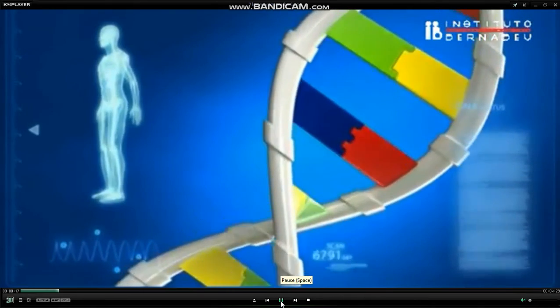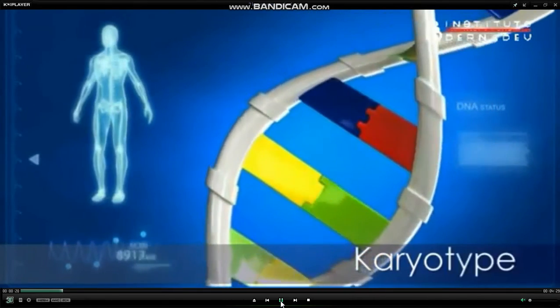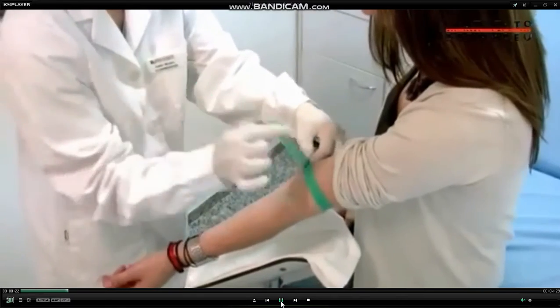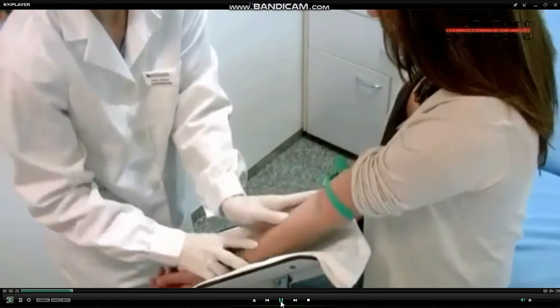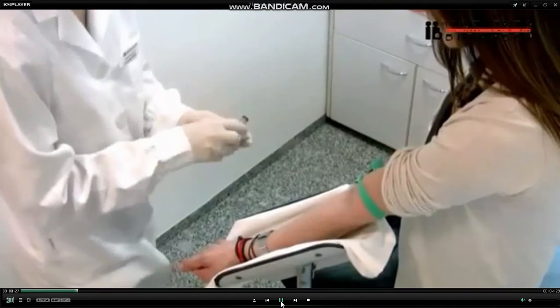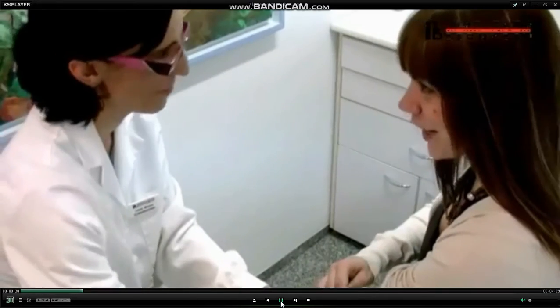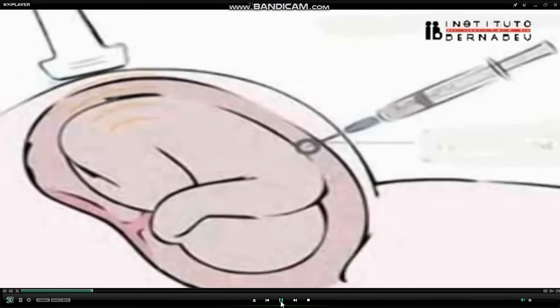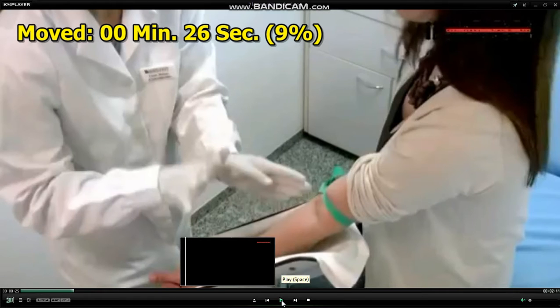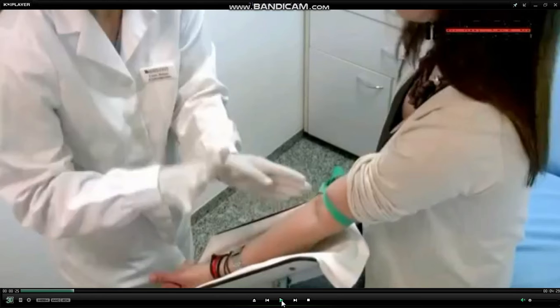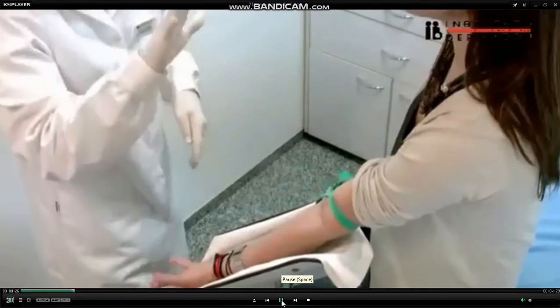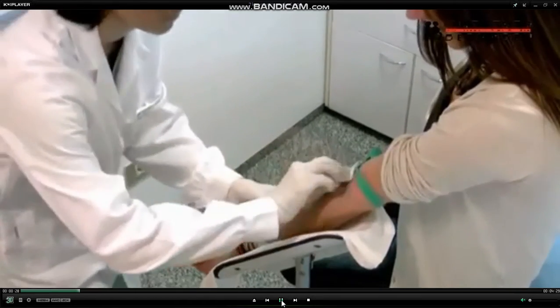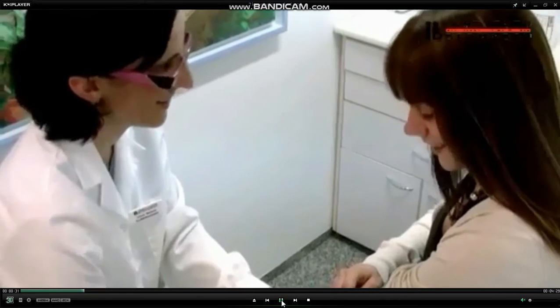Now, during karyotyping, the WBCs are separated. This is a regular phlebotomist taking a particular kind of sample. This is an application in prenatal diagnosis. This is a normal phlebotomy that we are doing, but in the next step it is a bit different.